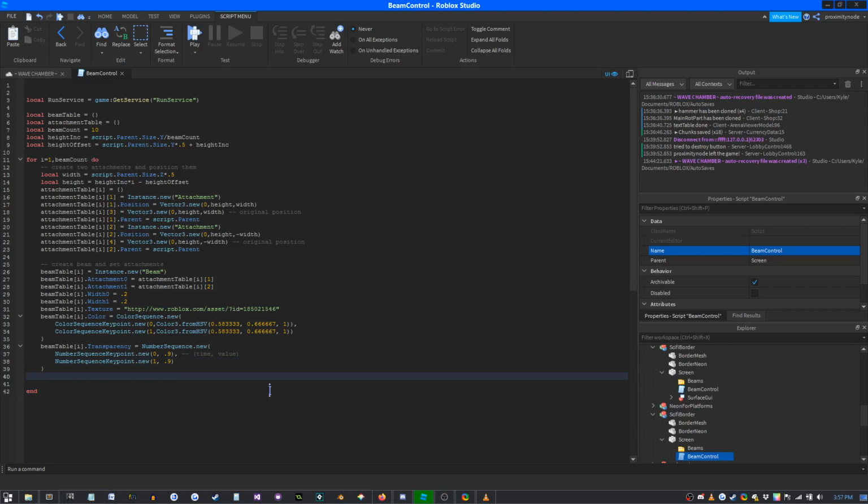Then what we'll do is another beam table set. This is going to be light emission, because I like light. It is beautiful. Light emission. That's another parameter in the beam. So we'll set that to 1. And we'll do beam table I dot